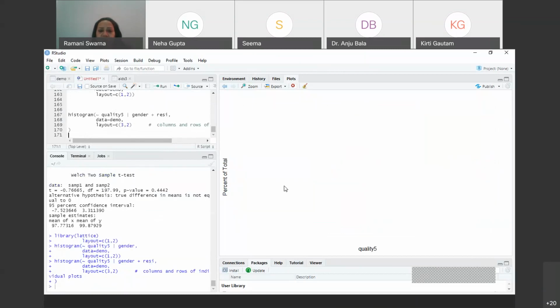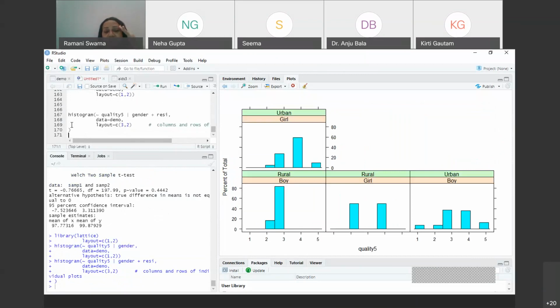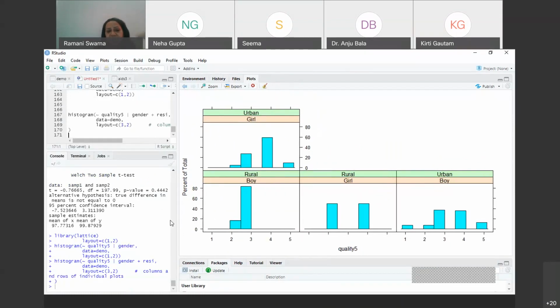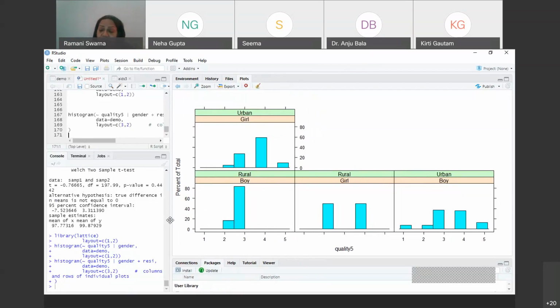And even if you reduce it, have you seen now the histogram that I wanted is between quality, and I said include gender as well as the residence area. So here they have taken care, but you see this is not coming properly, a little bit, because of the area. If I just increase the area, and if you have a larger screen, that's why you see,